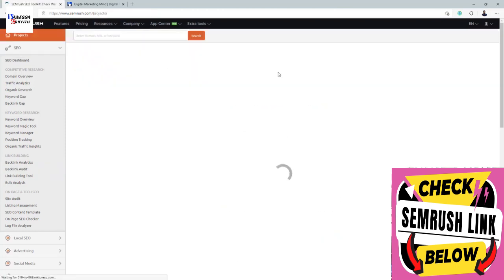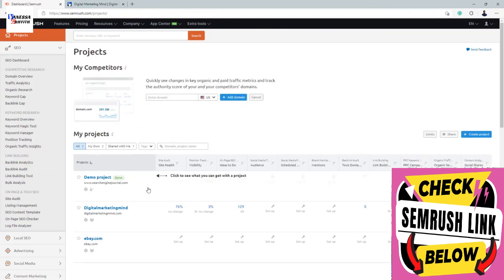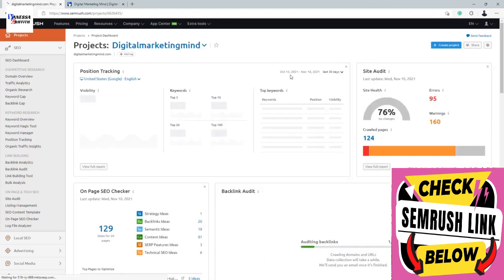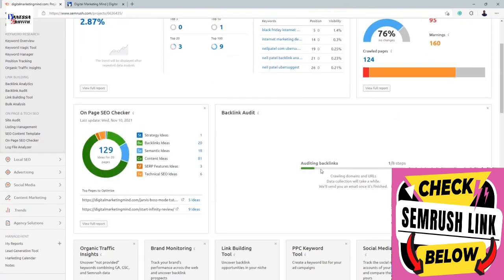I'm going to go back into the project section of SEMrush and open up this project, and you can see it is already starting to audit the backlinks. It will take some time depending on your number of backlinks and all the